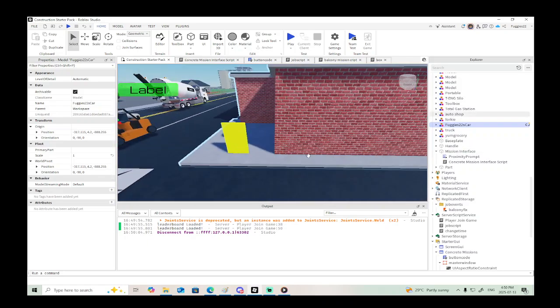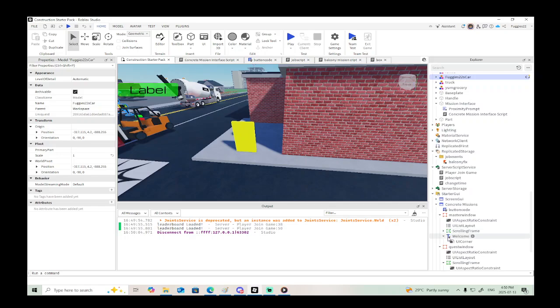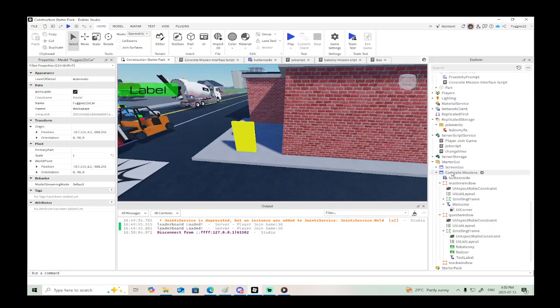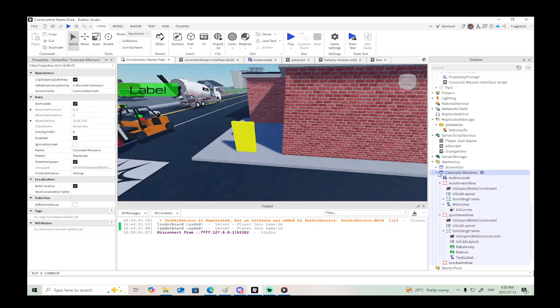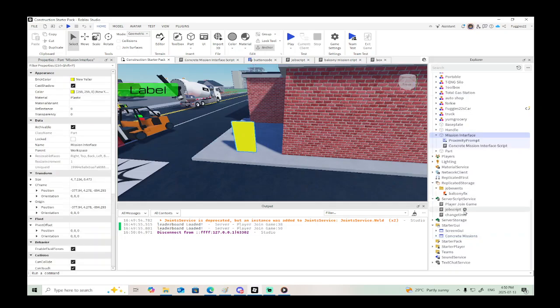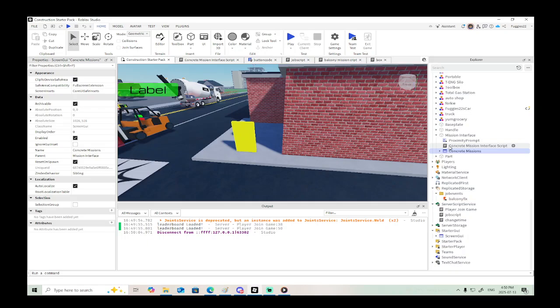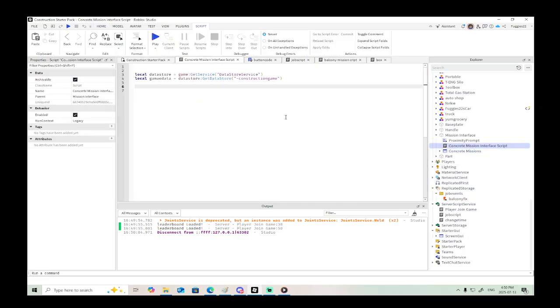okay, before we can test the quest out, we're not quite done yet. Now what we need to do is we need to take this interface, okay, and we need to put it back in here where, and then when we activate the button, what do we want it to do? Well, in this case, we're just going to say, local button equals script dot parent dot